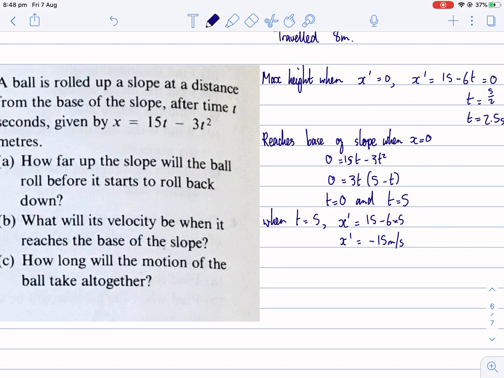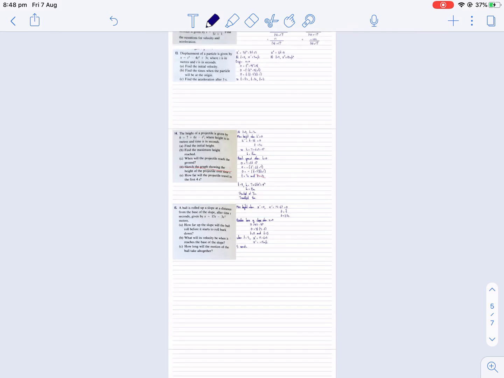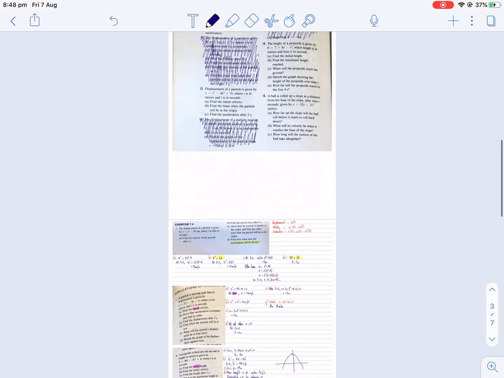How long will the motion of the ball take altogether? I don't know, 5 seconds. Yeah, because if it starts at 0 seconds, goes up the slope, then comes back down, that's taking 5 seconds to get back down. I think that's it. Oh, good. I much prefer doing these questions in physics when you have easy